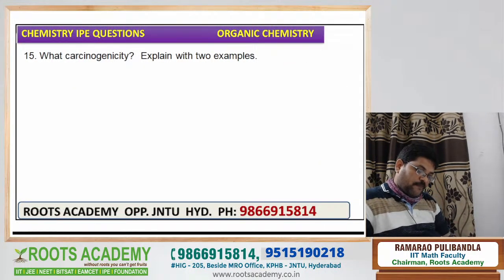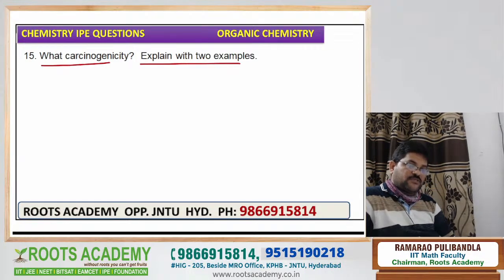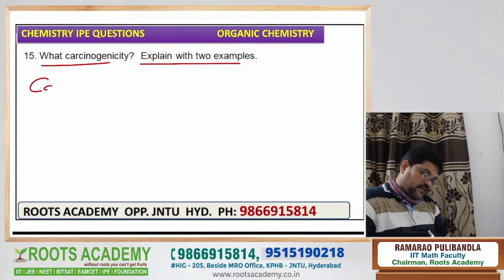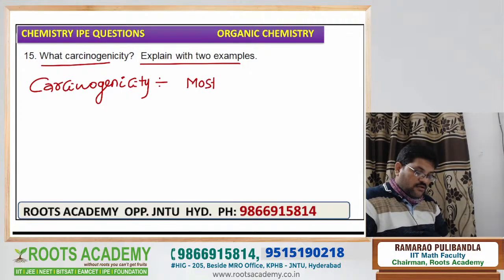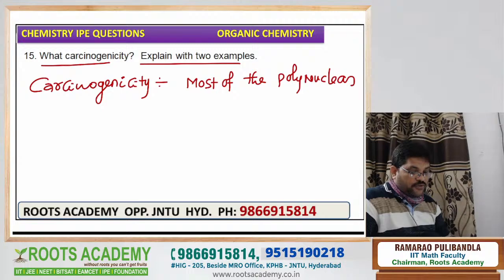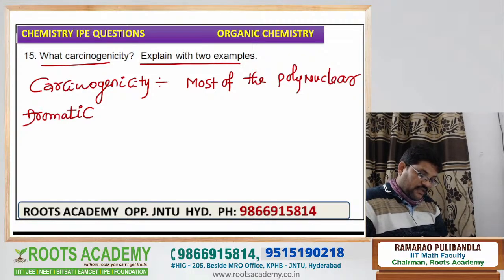Now, what is carcinogenicity? Explain with two examples. Simple explanation. So actually, carcinogenicity means most of the polynuclear aromatic hydrocarbons. Tell me what I am saying. Most of the polynuclear aromatic hydrocarbons